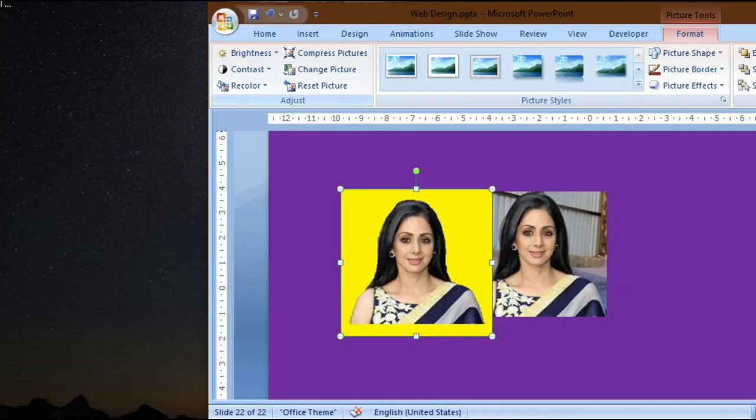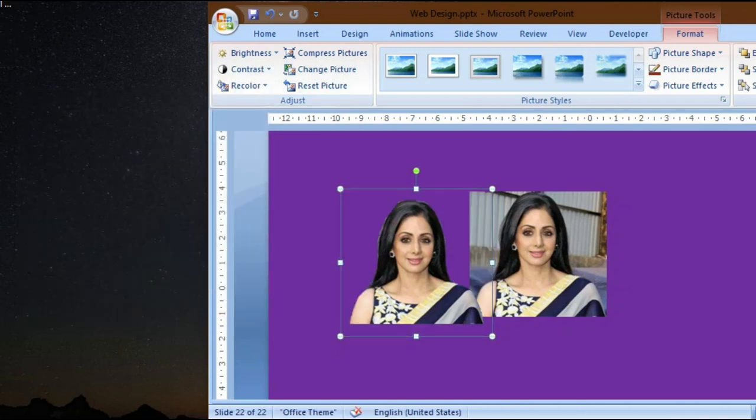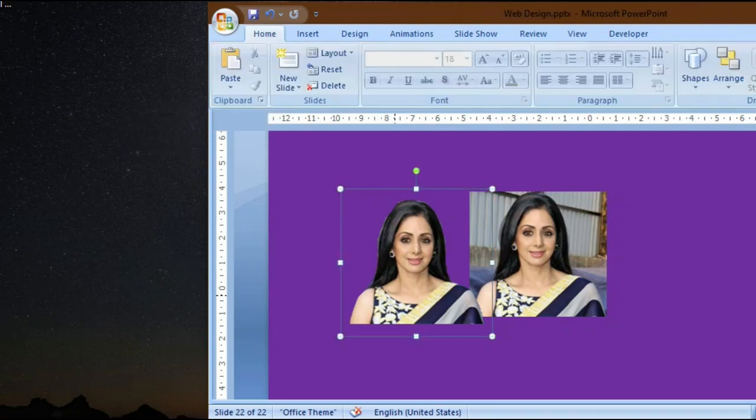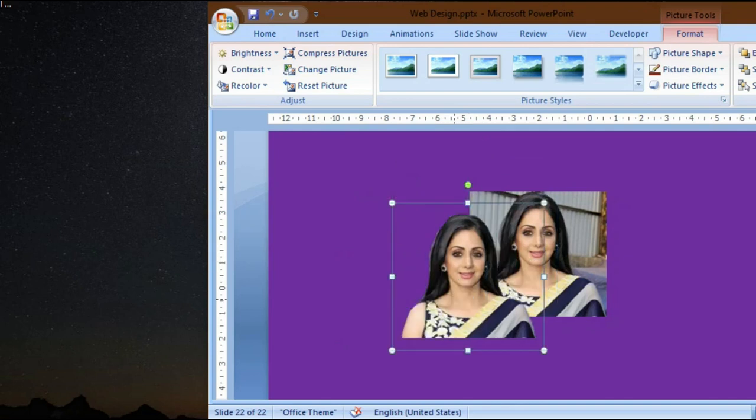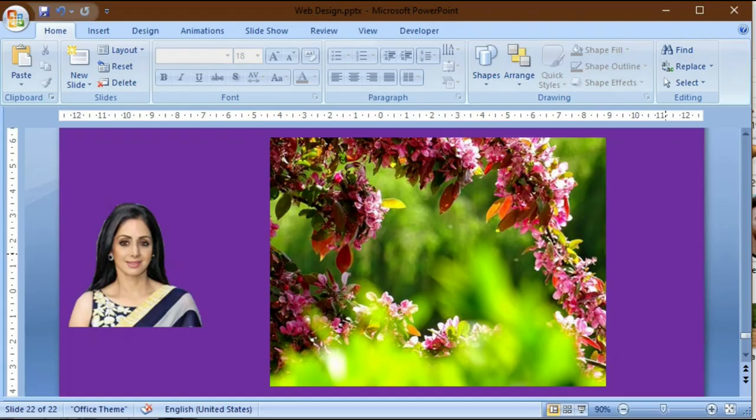Then with the Set Transparent Color command, you can select that yellow color, and the entire yellow area will be made transparent. Like that we can make any image transparent with MS PowerPoint in combination with Paint.